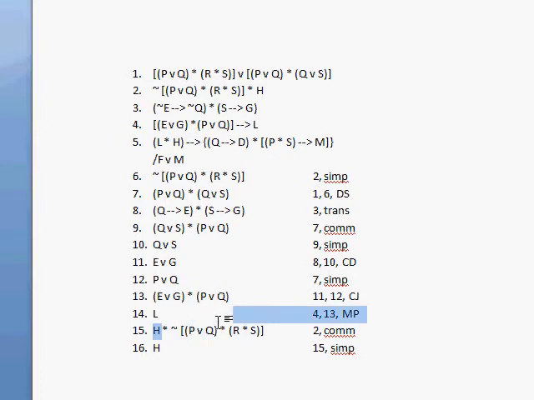So we commute to premise 2 to get H and not P or Q and R or S, and then we simplify to get H, and from there we get L and H through 14, 16 conjunction. And after we get L and H, we can get Q, then D,